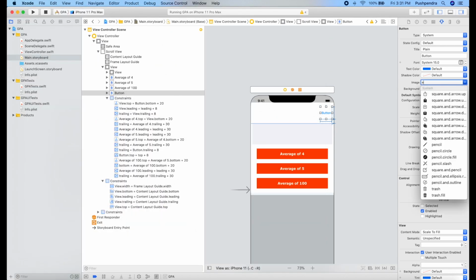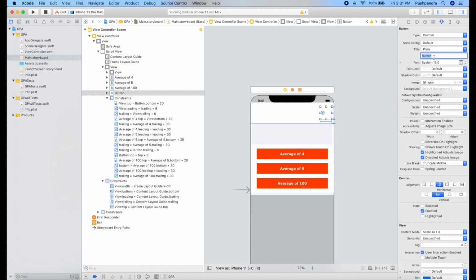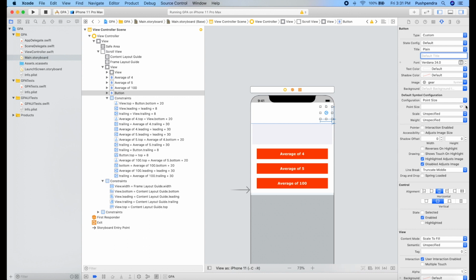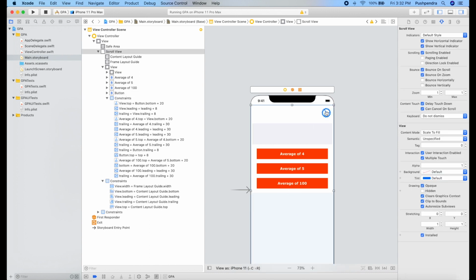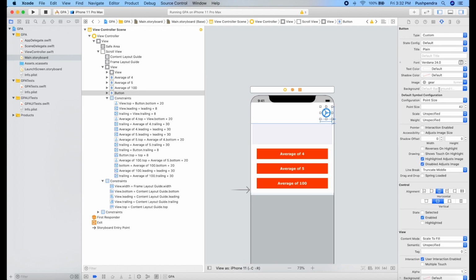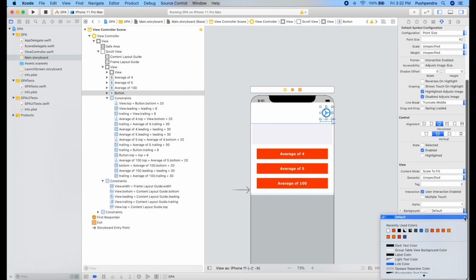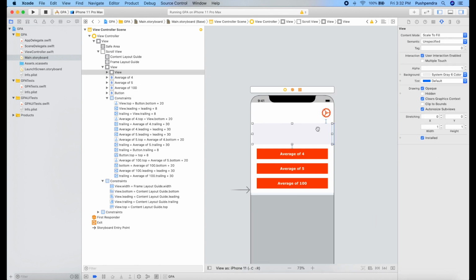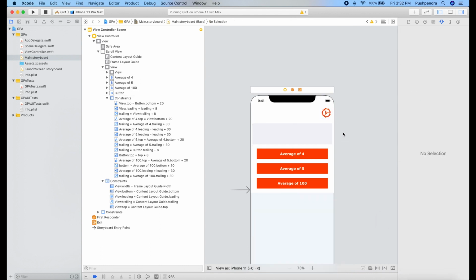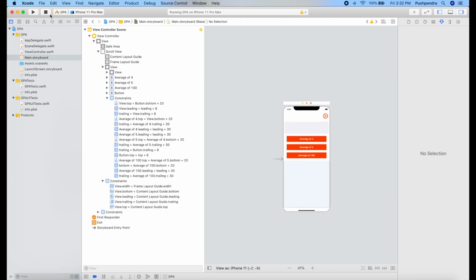Now I will set the gear icon image as per our design. So this is the gear icon. I will delete the title, and I will change the size of the icon from 70 to 20. Here you can increase it as per your requirement. Okay, so my size is 42, and I can also change the color of that. So I make it orange color. Tint color I have changed. Now I will run and build that.